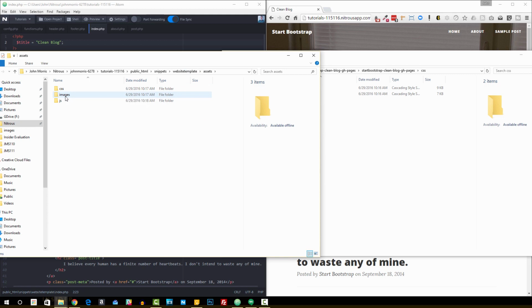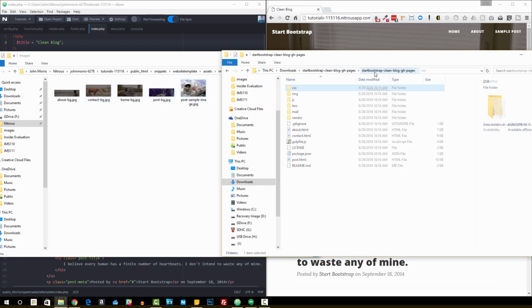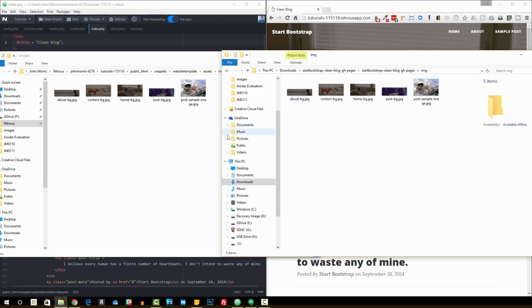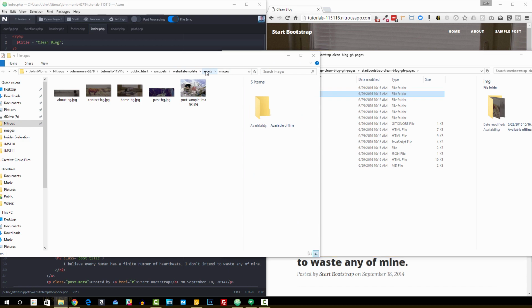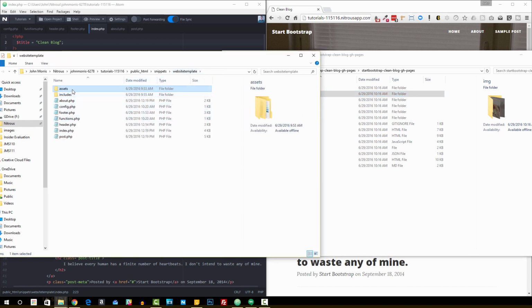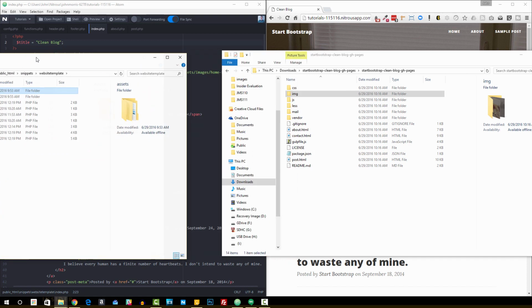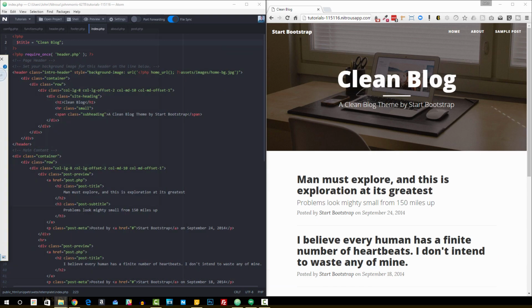Again, if we go into assets and images, we can see we have all these images, and from over here, you can see we have those. So we're taking everything from this and organizing it and putting it together in a little bit different way over here. All right, so with that context, let's take a look at how we go